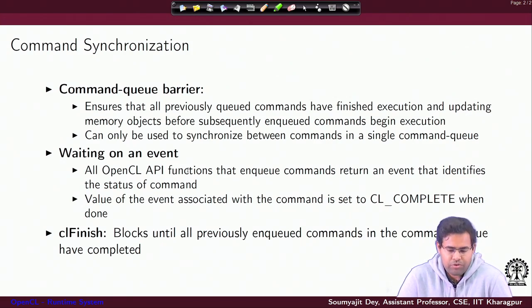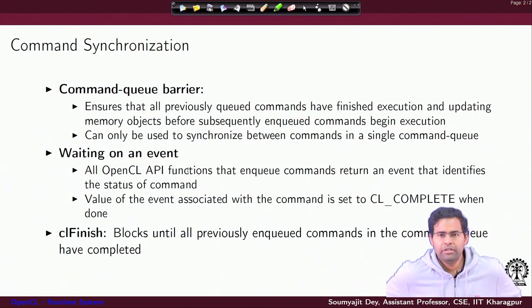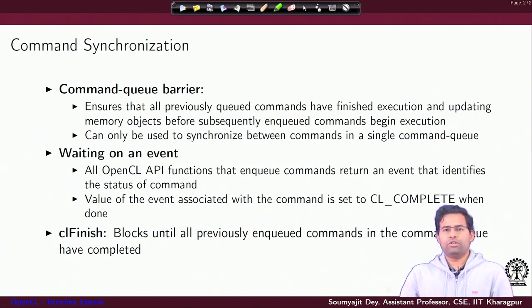For example, suppose you need some memory objects to be set up before further execution goes forward, and you want them updated by some kernels executed earlier, and only then execute the next kernel. This kind of execution behavior you can ensure by using command queue barriers.